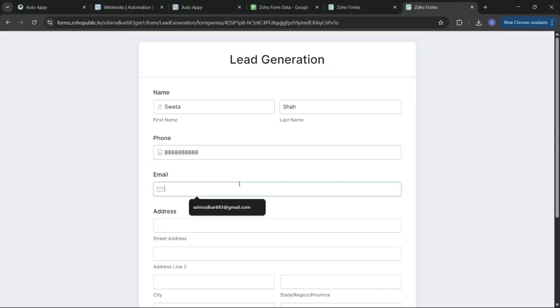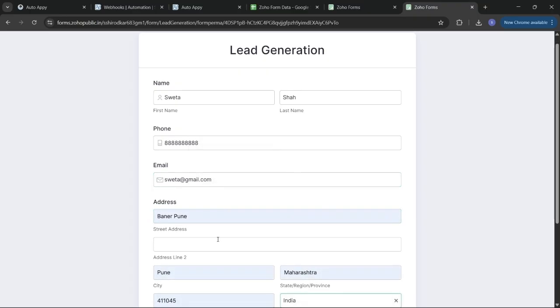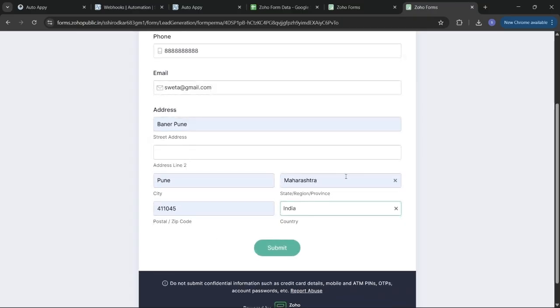Then in the email address, we'll enter an email. In the address, we'll call it as Baner, Pune. Just say submit,